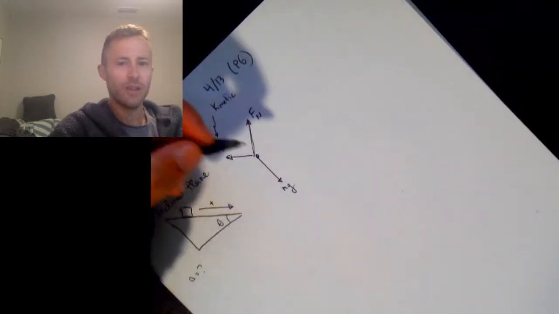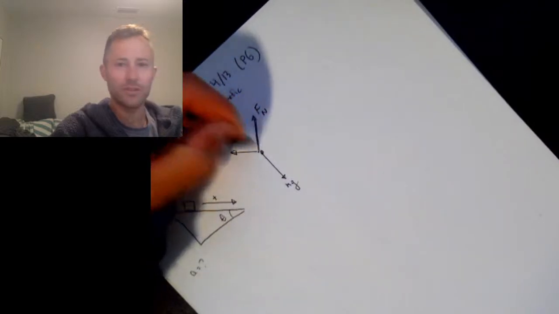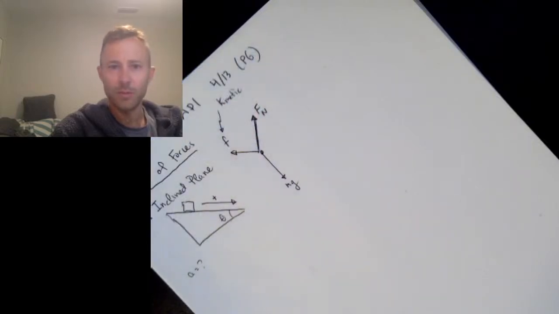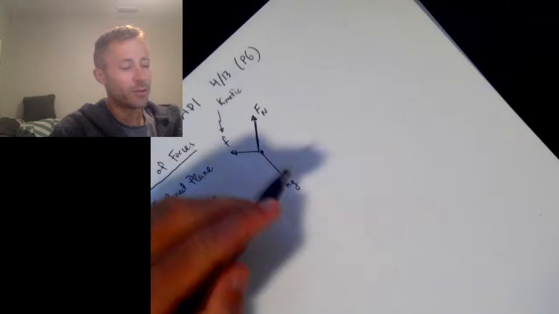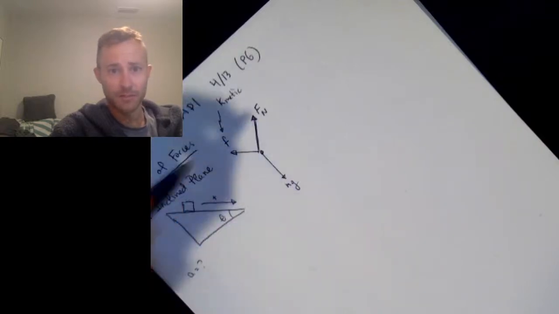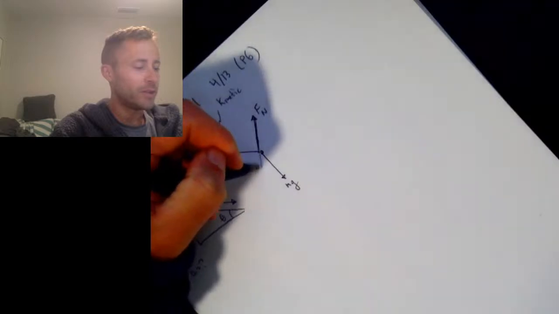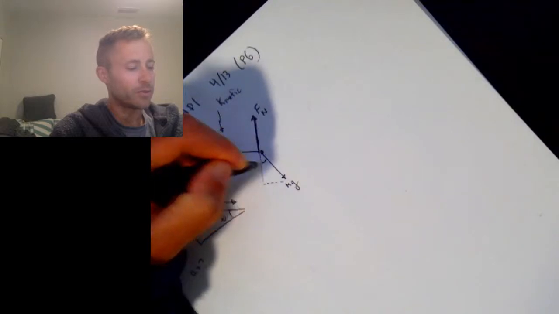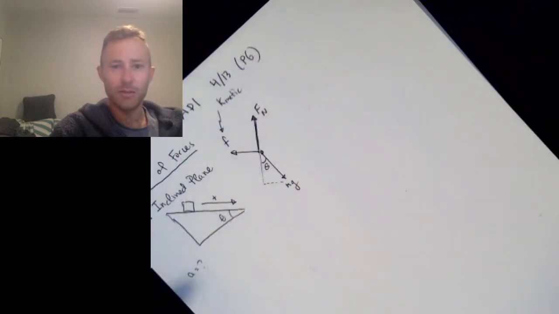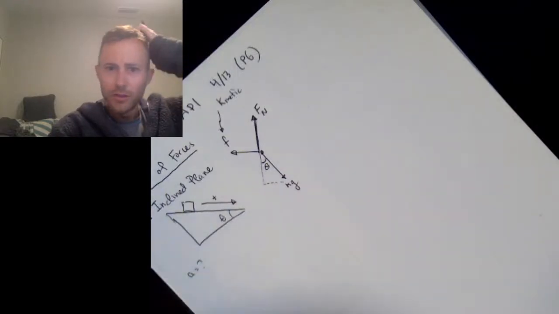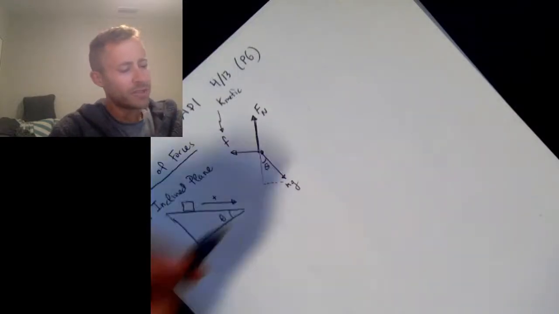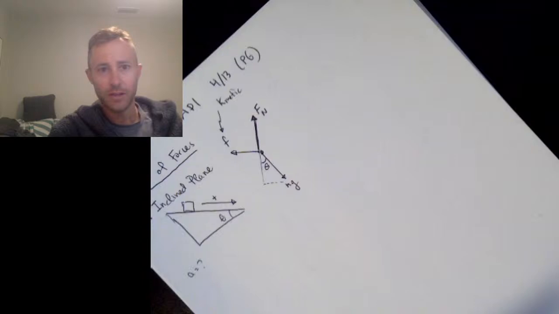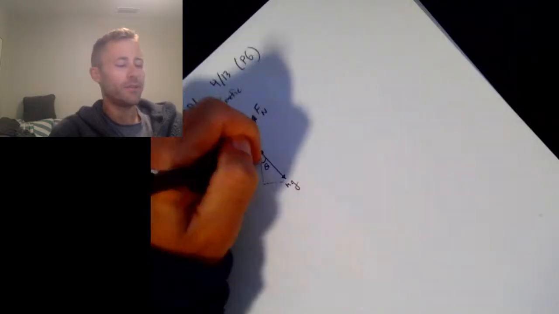And once I do that, what you notice is that the normal force is now up and down. The friction force is now horizontal. And it's the weight force that is now diagonal. And in fact, because I rotated the paper by an angle theta, that means that the weight force must have also rotated by an angle theta. Okay? So when you have a diagonal force like this, so the weight force is the one that's diagonal, it's not up and down or side to side, you want to break it up into components